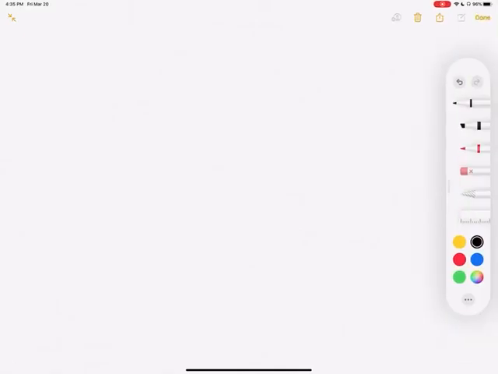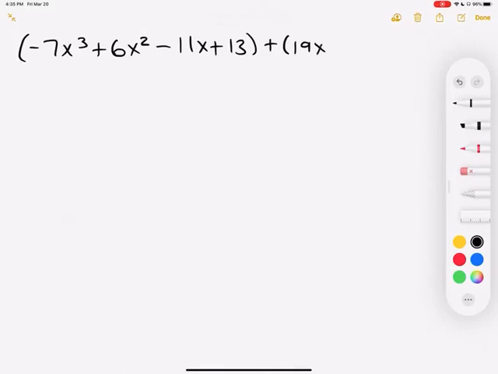What I'm going to talk about in this video is how to add or subtract polynomials. I'm going to start with this example over here: negative 7x cubed plus 6x squared minus 11x plus 13. And to this polynomial, we're going to add a second polynomial, which is 19x cubed minus 11x squared plus 7x